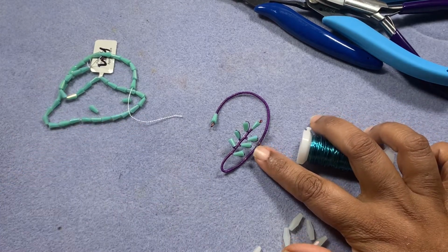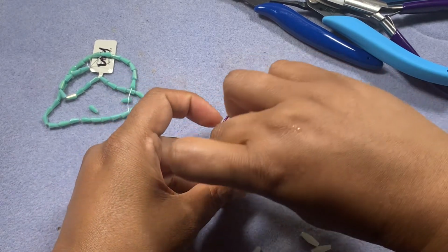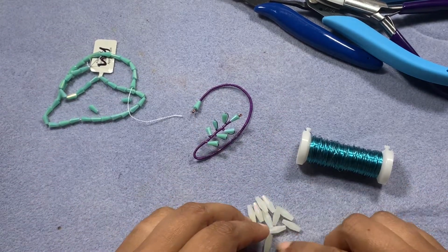This I have used these tiny blue beads. I think it worked out perfectly, but I'm not so sure how this will work out, but I just want to give it a try. This is a little bit bigger, but I really like it. These beads are from Bargain Bead Box,